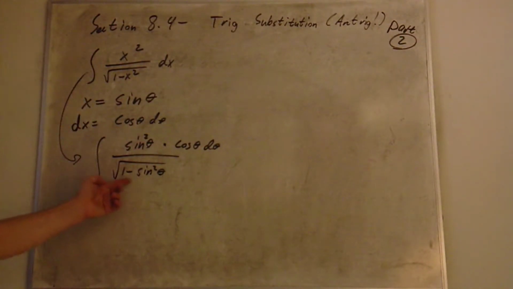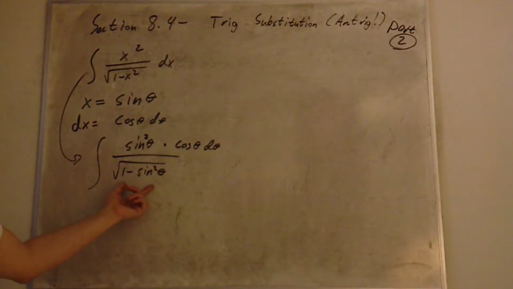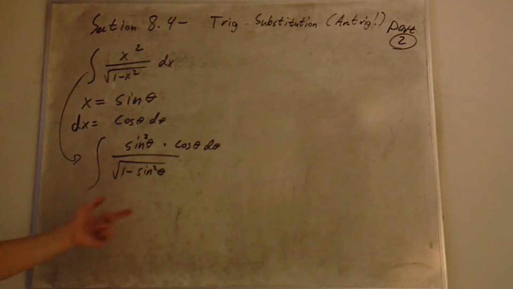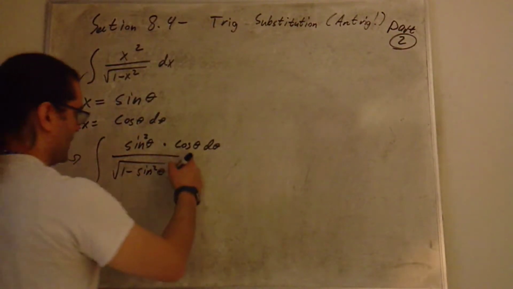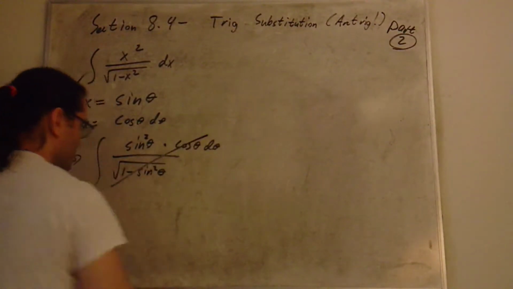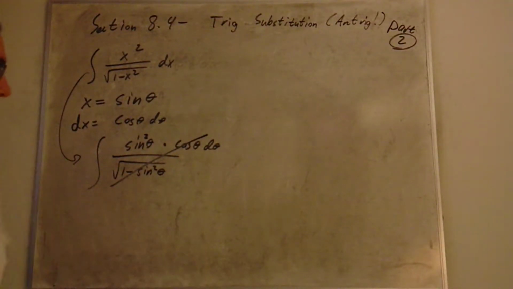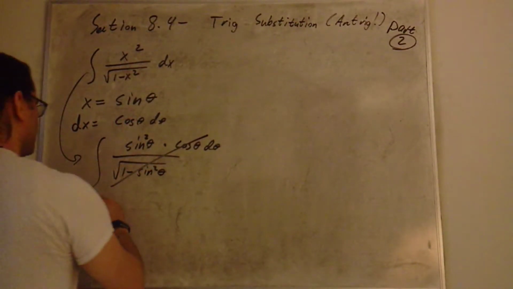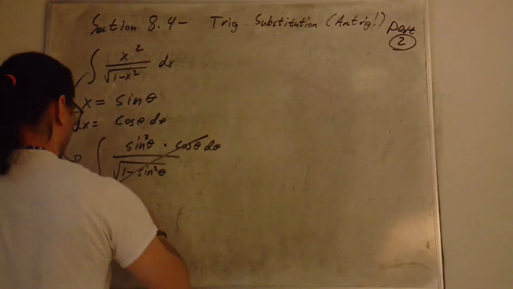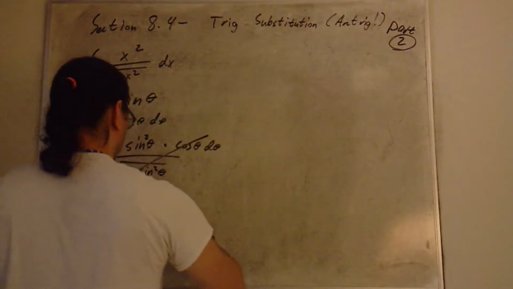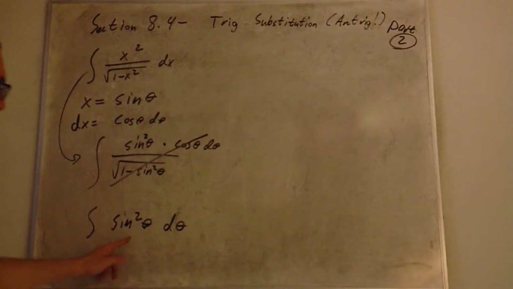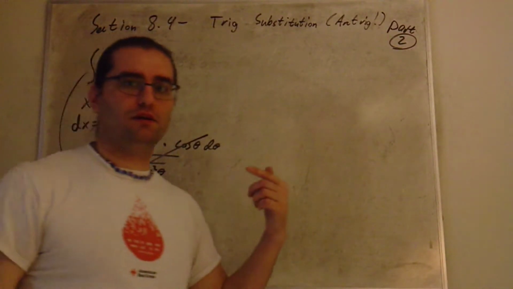We know that 1 minus sine squared is the cosine squared. We know that the square root of the cosine squared is cosine. And we know that that cosine on the bottom is going to cancel with this cosine on top. So I'm going to do that. And now it's done. So really, this integral simplifies into the integral of sine squared theta d theta, which is why